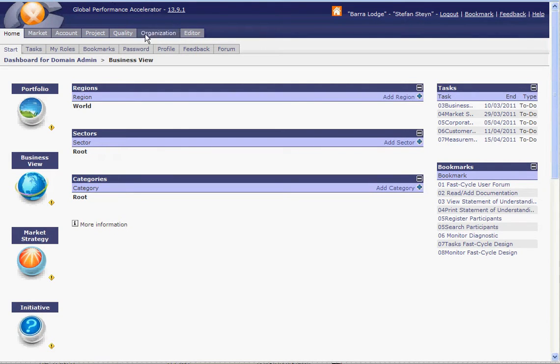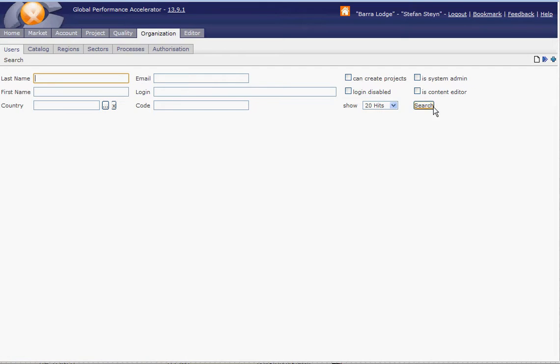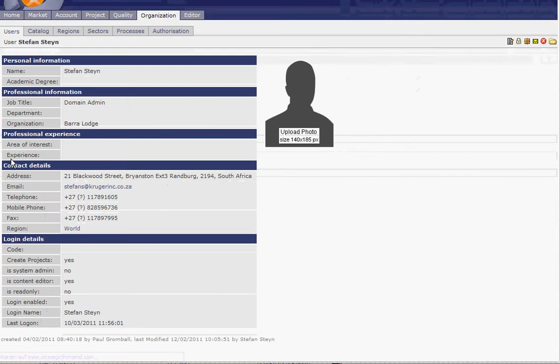Here you have, for the advanced user, now all the navigation menu, and in order to organize a user-specific dashboard, you go to organizations. You can always search first to see which users are already in the system, and then we have two choices.